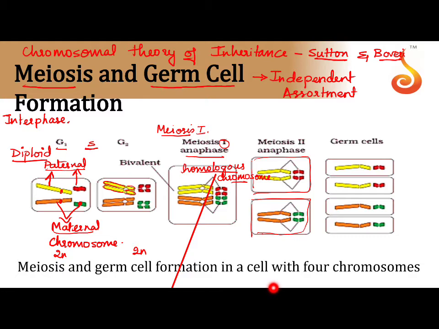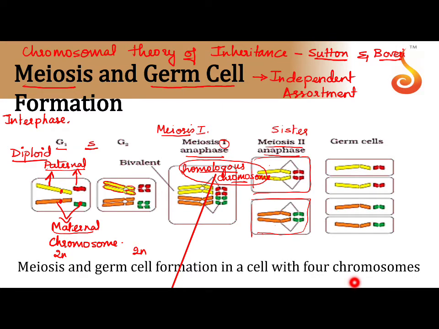This is not required. There could also be a possibility where you have a pair of yellow with green chromosomes and orange with red chromosomes. So, that is also possible. So, what has separated as of now? Homologous chromosomes have separated. After this, telophase 1 has formed, then we move on to meiosis 2. In meiosis 2, prophase 2 and metaphase 2 set in. After metaphase 2, anaphase 2 separates out sister chromatids.